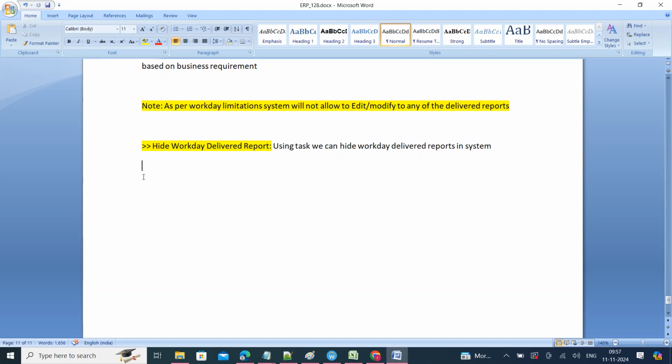We have nothing to do for the delivered report. We just need to know what delivered reports are available for each module and what requirements came from the business. Check the delivered reports, and if one matches, you can change those details. If not, you can create a custom report. If it is a standard report, you can use the copy option to create a custom report. If not, you can create the custom report from scratch. Okay,